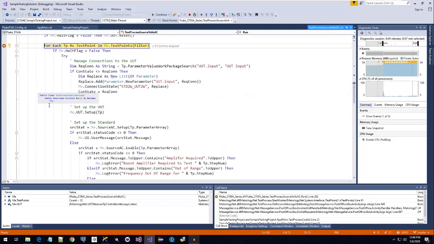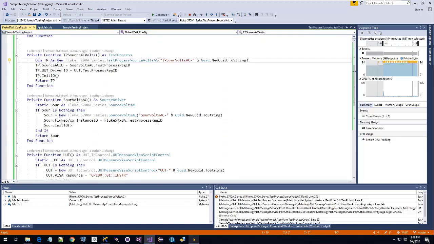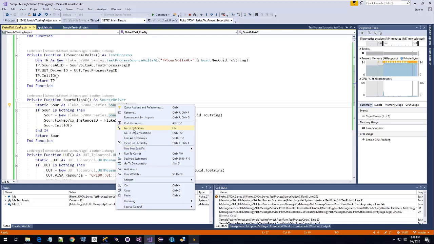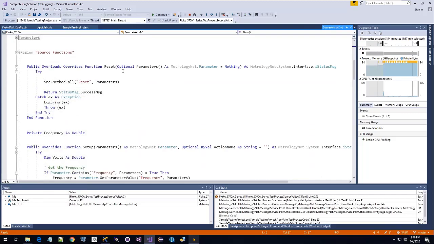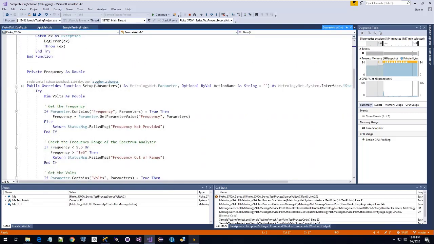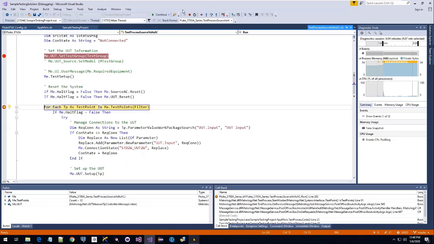So now if I want to do a UUT, so I want to do a source setup. So I'm going to put a breakpoint here. And then what I want to do is jump over to my 5700 code and put a breakpoint in there. And we can see what it does when it's setting up the calibrator. So there's my reset function. So here's my setup, my calibrator. So here I'm going to put in my breakpoint, go back to my definition, and I'm going to go ahead